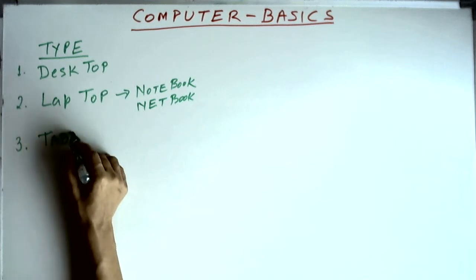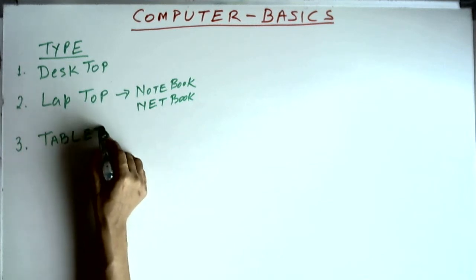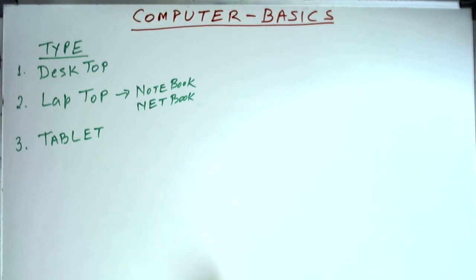Then the third thing which has come quite recently, in the last 1 or 2 or 3 years, is called tablet. And one of the most important tablets is iPad. So these are like a slate, our school slate which we used to use in school. There is no cover on it, and these are called tablet computers. And the good part on the tablet computer is actually you have a stylus or you can write by hand as you are writing on a slate. In fact, some companies are selling it with the name slate or surface, etc., but they are all tablet computers.